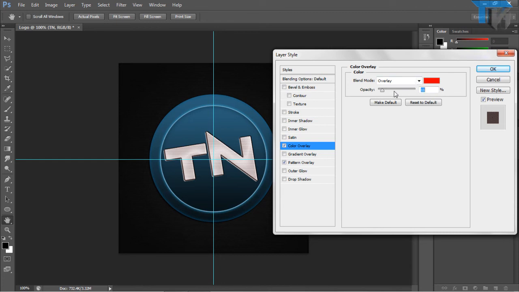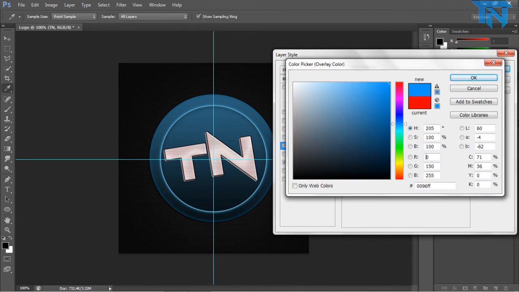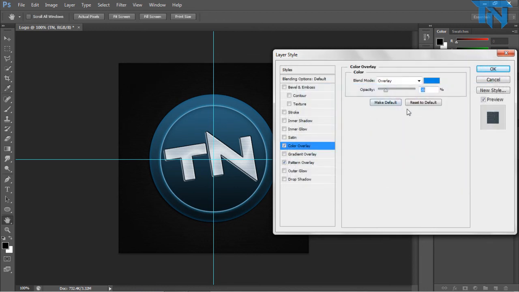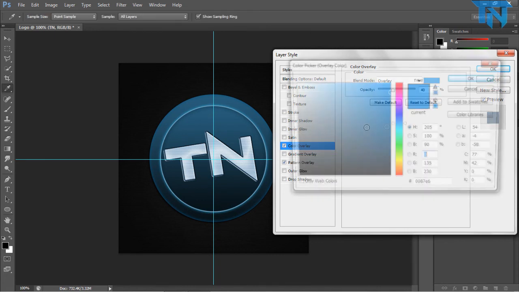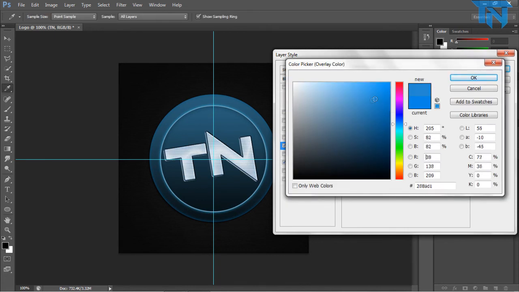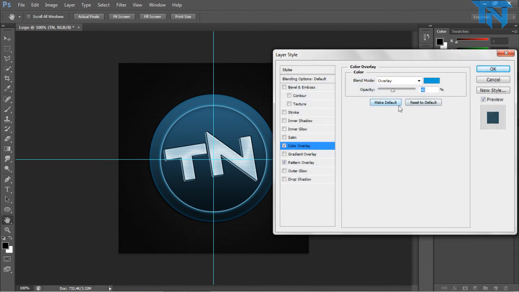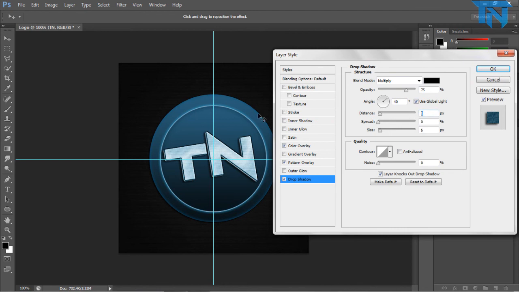I will do a color overlay and set that to 20%, and I will have a blue as my color overlay. Just bring this up a little bit. Set the opacity to 40%, just whatever fits your colour. The darker the colour, the more prominent it's going to be. So it's looking cool. 50%, and then we're just going to apply a quick drop shadow and put the distance at